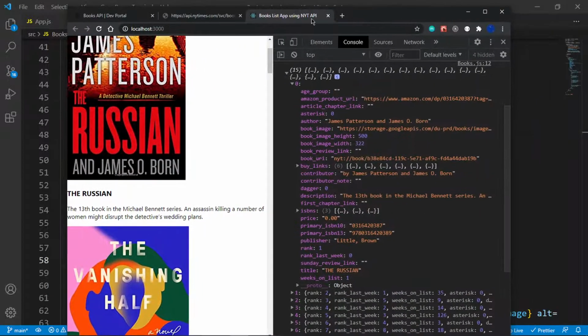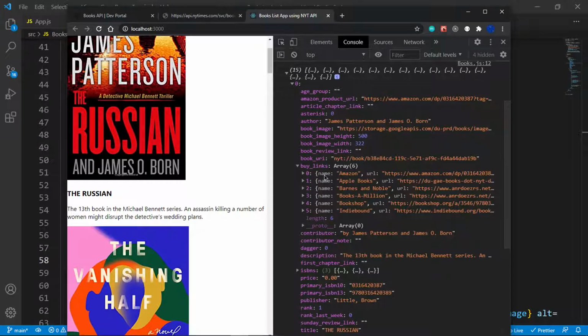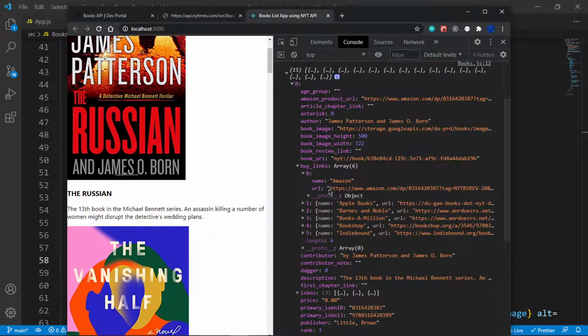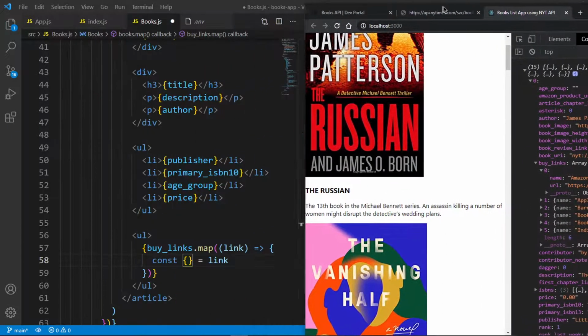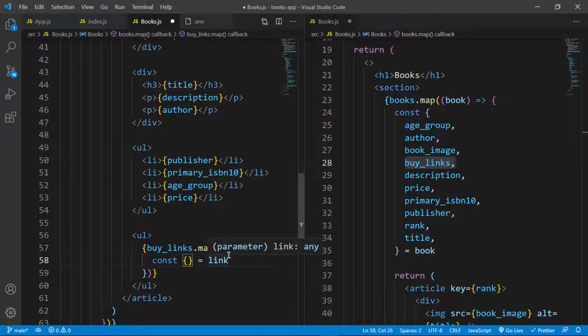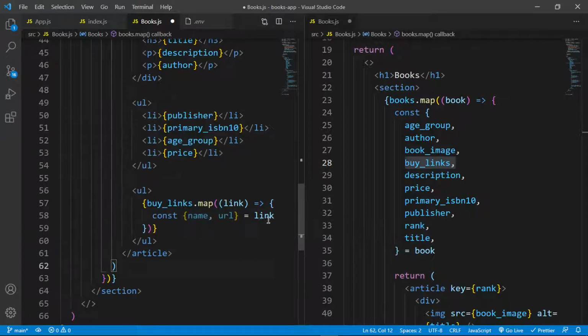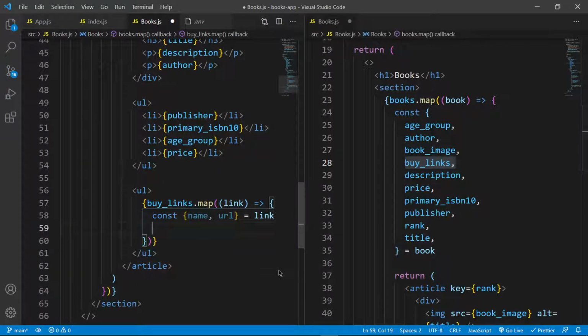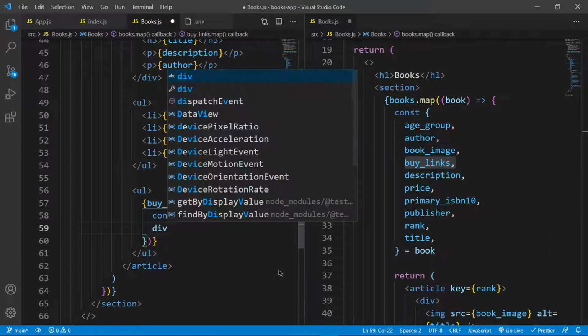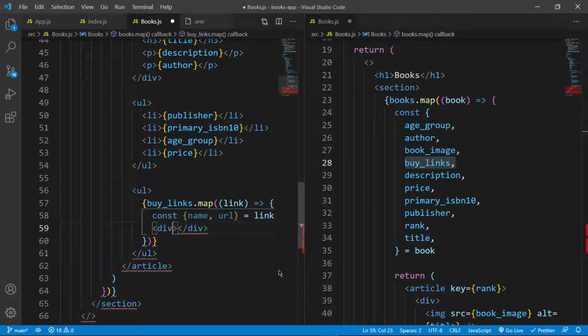Let me see. In links we have name and URL. Okay, name and URL. So I want to destructure the name and URL. I'm going to say name and URL like that. And once we destructure that, then I want to return a div with the key. This should have return. Okay, so we are returning a div right there,